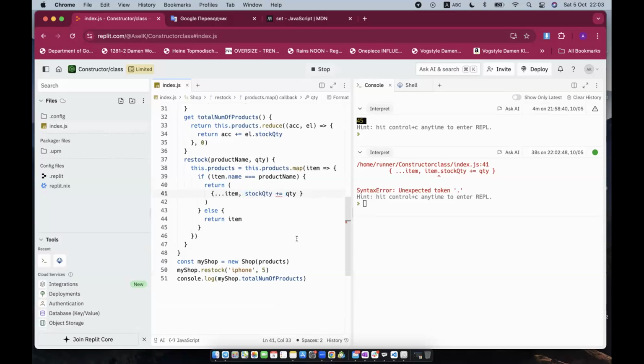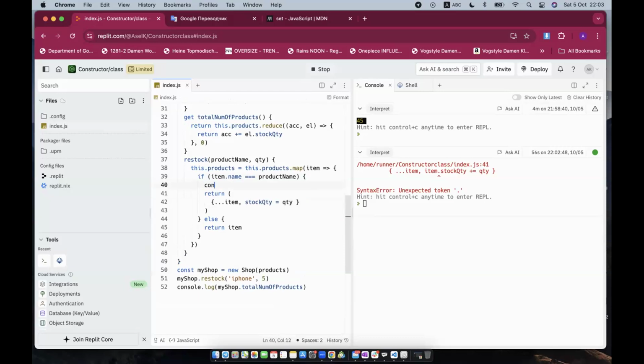Maybe you can do just item dot stock quantity without curly brackets and without spread operator. Just item dot stock quantity plus equal to quantity. One second. I think it has an issue with the plus equal sign. Item dot